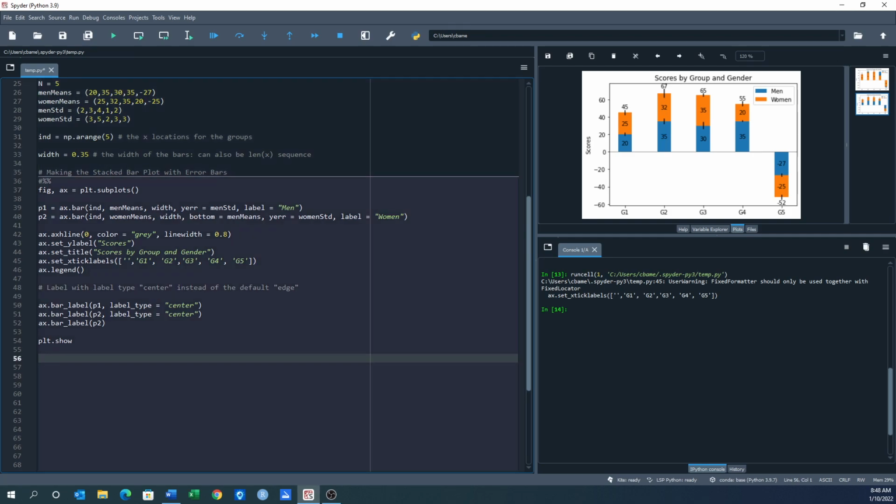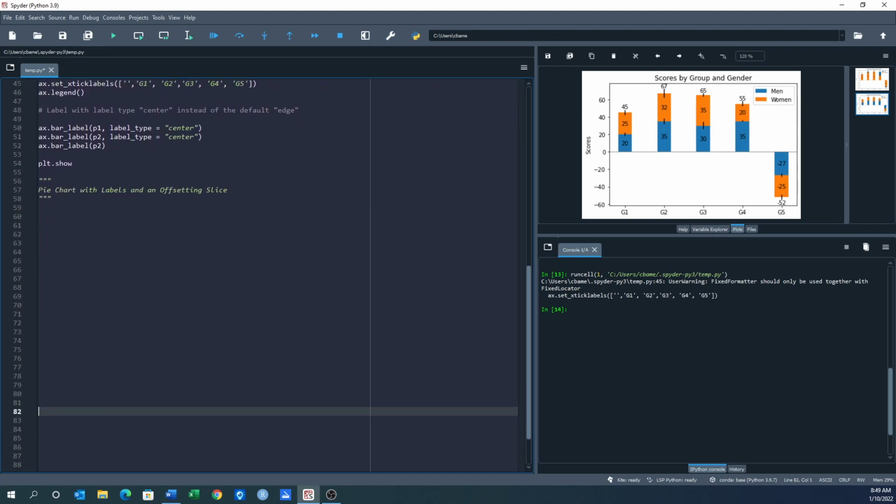And this time we wanted to create a pie chart with labels and an offsetting slice. Offsetting slice, what the heck's that? We'll talk about that in a minute here. So let's take a look. Get some space up here so we can see. Beautiful. So what we're going to do here is